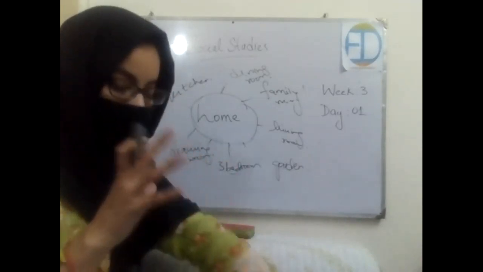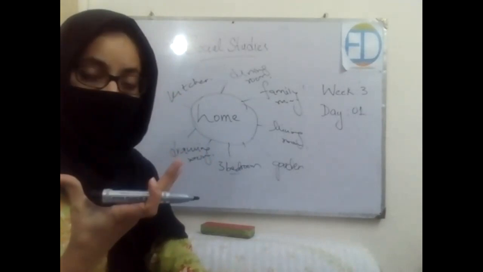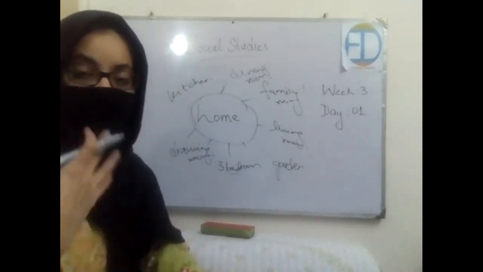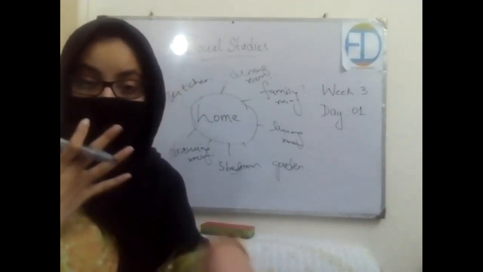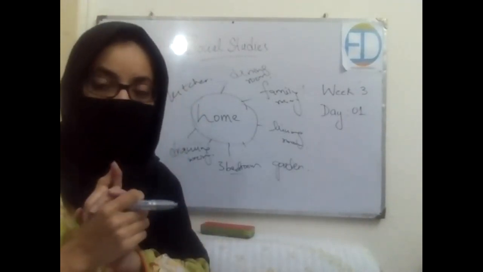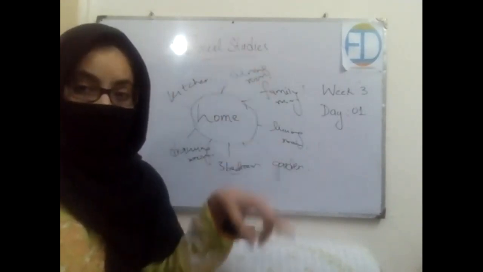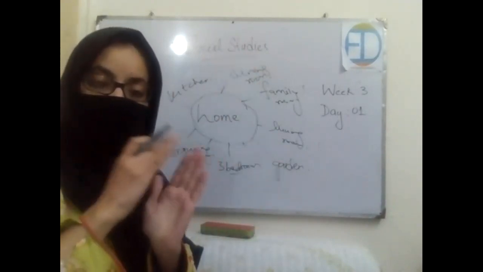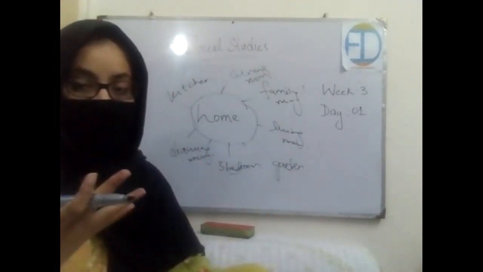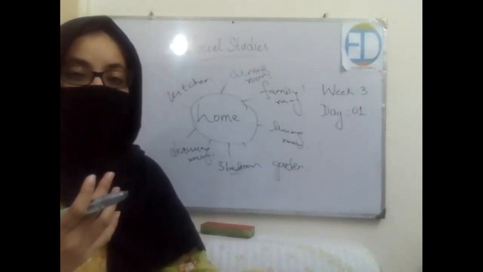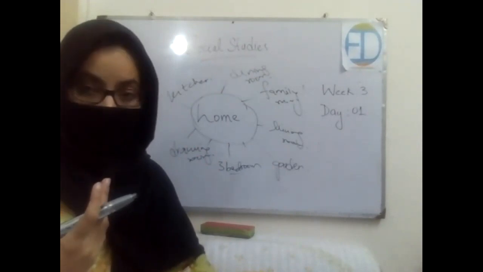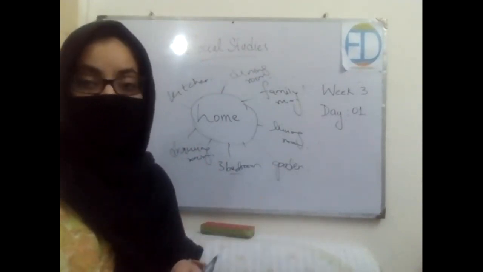Now we have discussed all of the parts of a house and what are the things that make up a house, right? And we have discussed the feelings as well. Now what you need to do is first create a picture of your house and then write a few points. I'll be asking you the questions. You need to write those points, like what type of house your house is? Is it single story or is it double story?